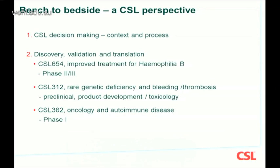So in a sense, that process of moving a project from the bench to the clinic is a bit context dependent. It's different for different companies. It's different for small biotechs compared to mid-sized pharma compared to large pharmaceutical companies. I'll be giving you a CSL perspective. So in that sense, I will spend at least a couple of slides giving you an introduction to CSL and the process that we go through in order to decide that a compound or a molecule warrants progression through into